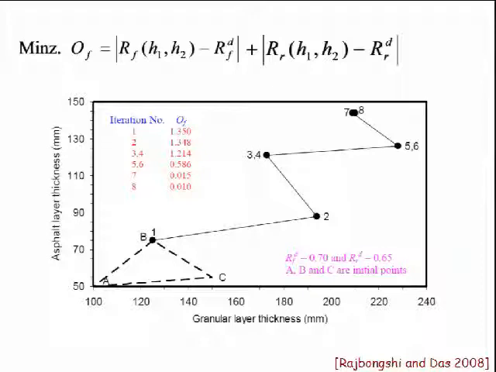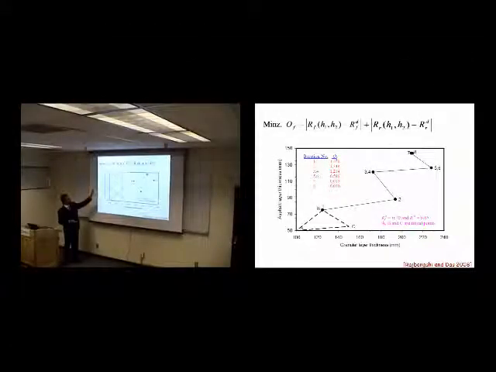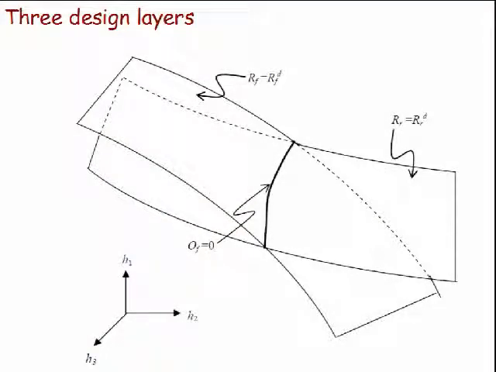And it can show that out of a range, this is the range of the granular layer, this is the range of the bituminous layer, you can see in the 8th iteration we were able to reach our optimal design point. Now, this principle can be extended to design of 3-layer cases, because 3-layer means 3 design layers. So that means I have H1, H2, H3. It is quite possible, because you may not have a single bituminous layer. You may have different bituminous layers. You may have different granular layers as bases and subbase, and you would like to optimize all of them together